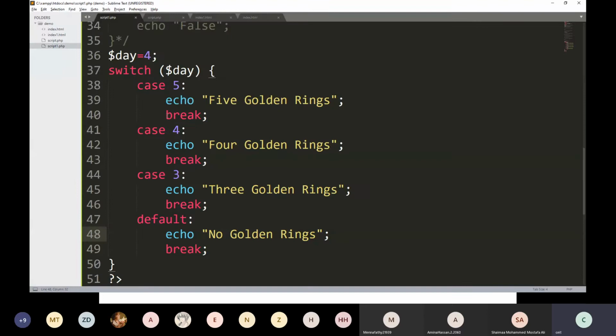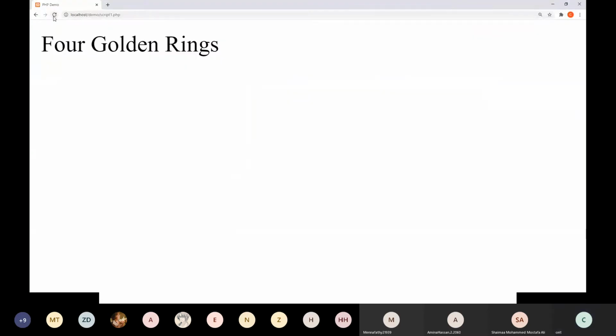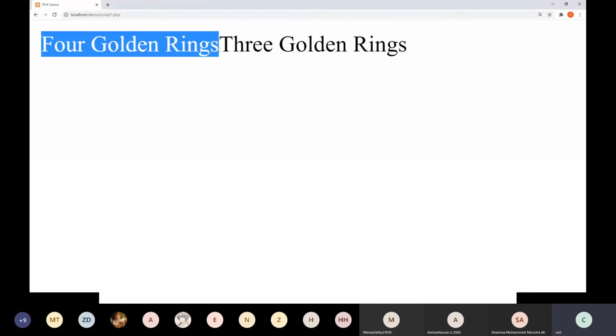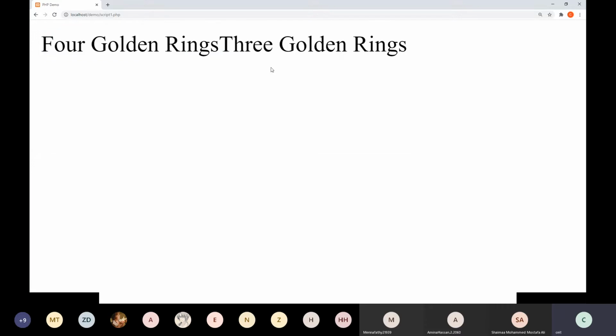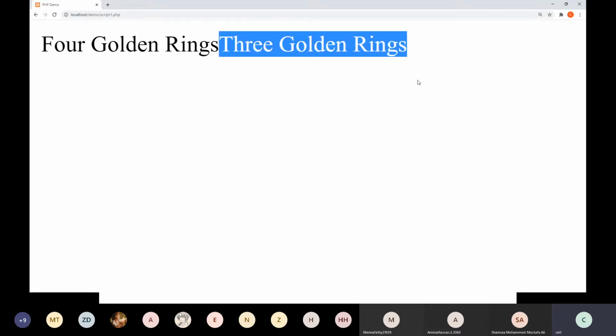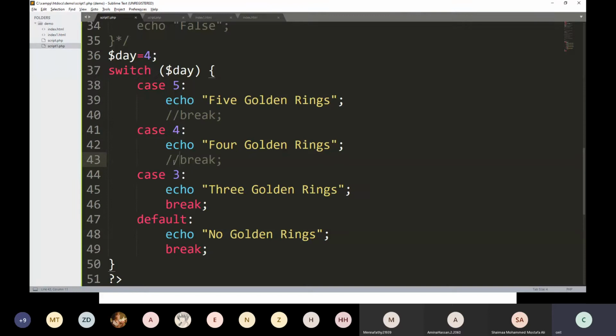If you do not use break, then what will happen? See, it runs the true case, but you are not using break. That's why it will go on printing all the case values till it reaches the break.